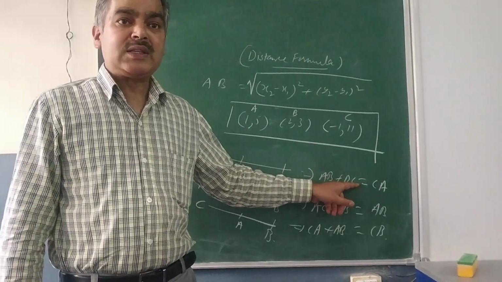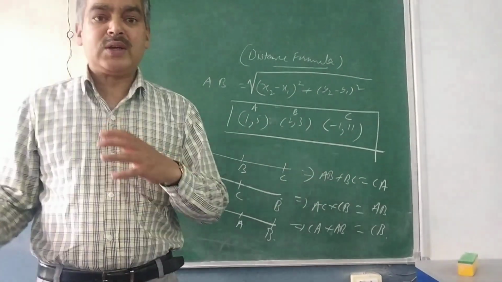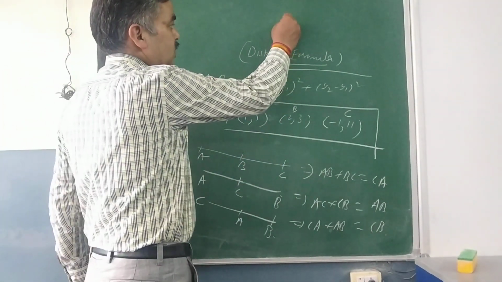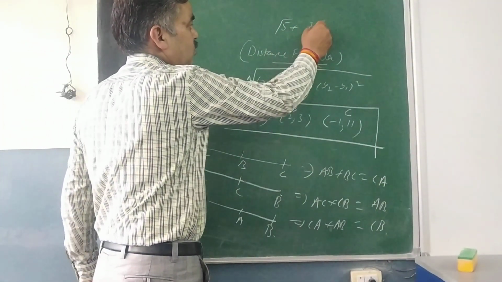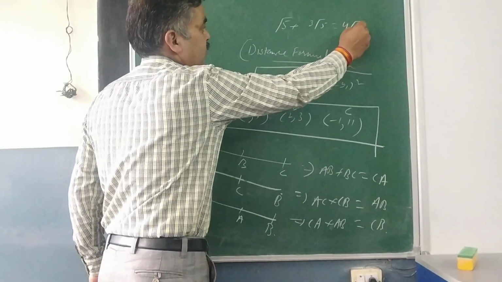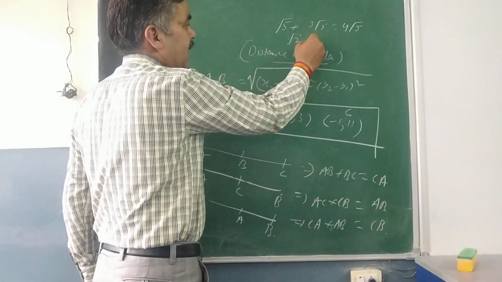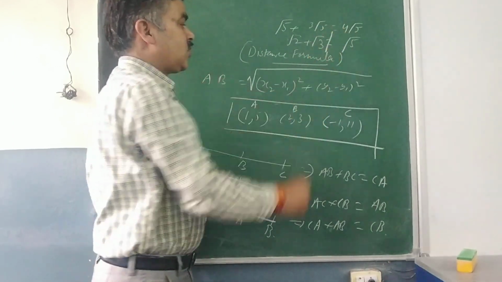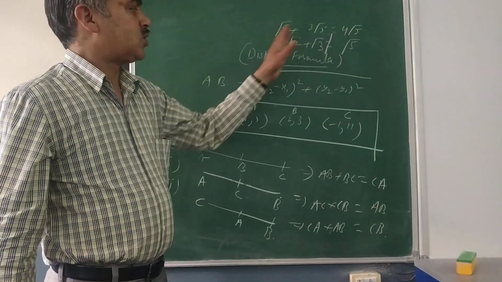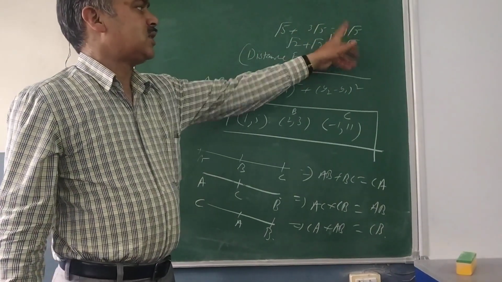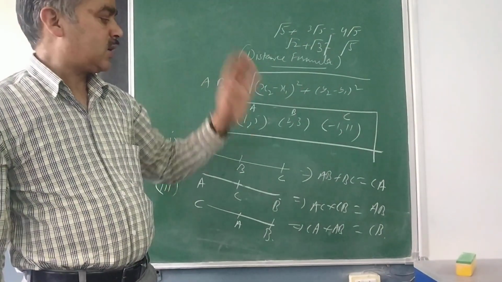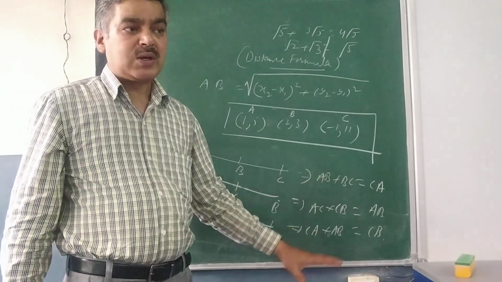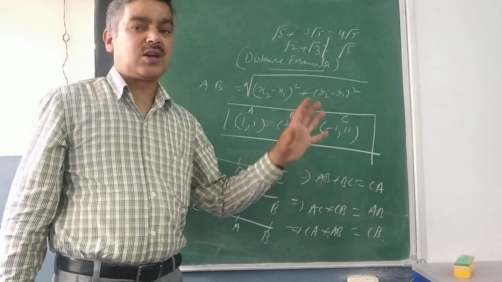So you remember in ninth it is taught to you that only like surds can be added or subtracted. Be careful, if it is under root 5 plus 3 under root 5, then you can add it like 4 under root 5. Do not add like this: 2 plus under root 3 is equal to under root 5. Please avoid this situation. This is not correct. Like surds only can be added or subtracted. So everywhere you have to add, that's why focus your attention upon the like surds only and then check the conditions.